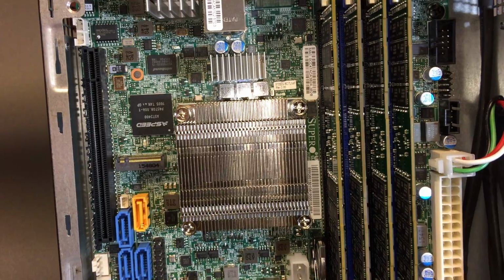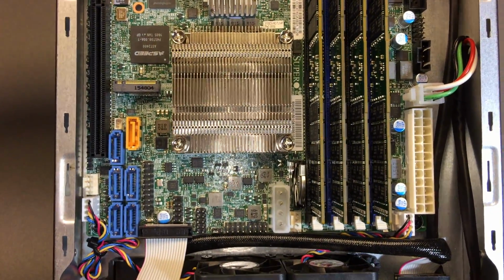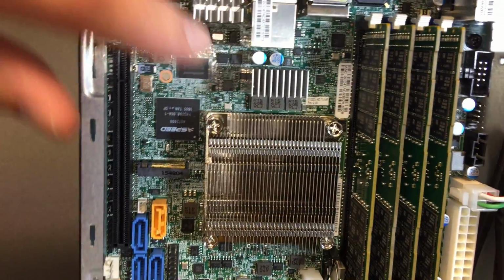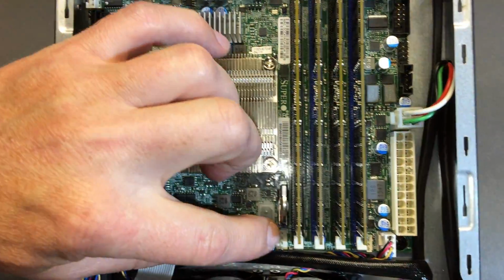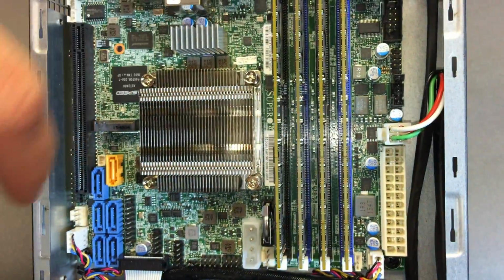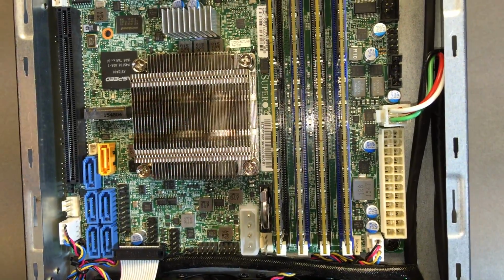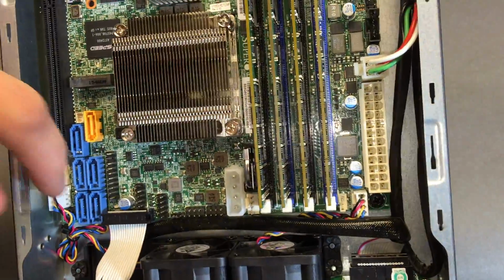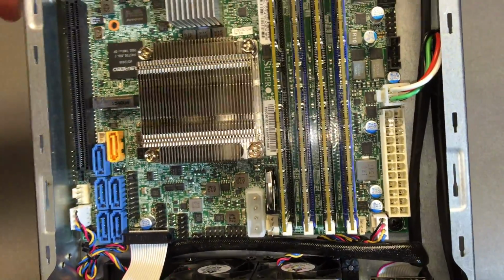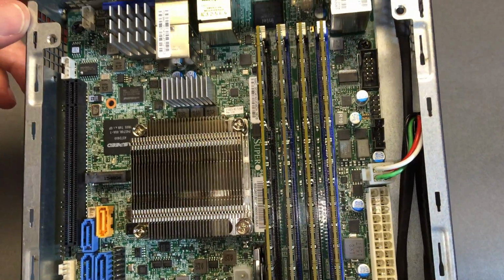Looks very similar to the Xeon D1541 that I'm very used to. Including these little chips, it looks like the revision 2 motherboard in the 1541. Got a fan standoff here, and another one there. So they use the back right corner for the fan here, and this one for the other. There's another fan standoff here. So it's actually generous with your internal fans, given you don't really have a place to put them or use